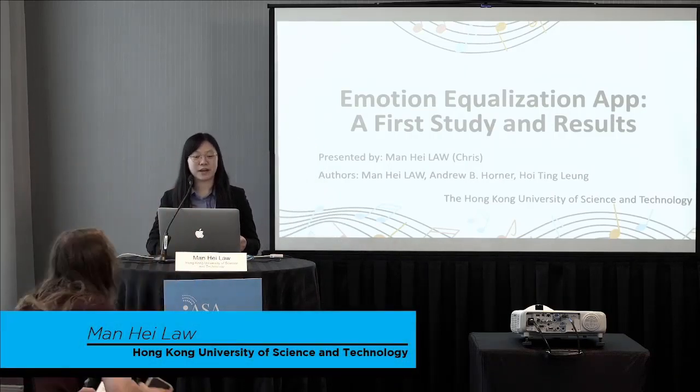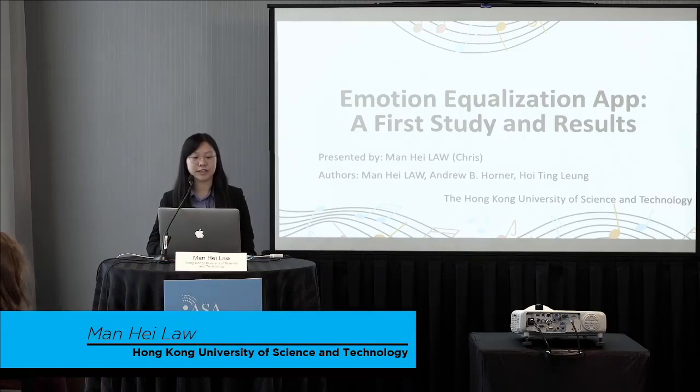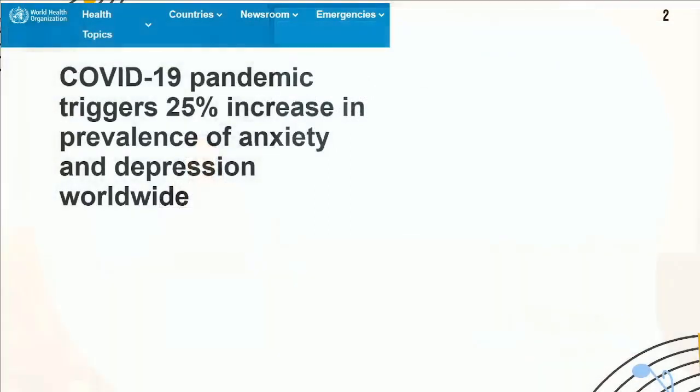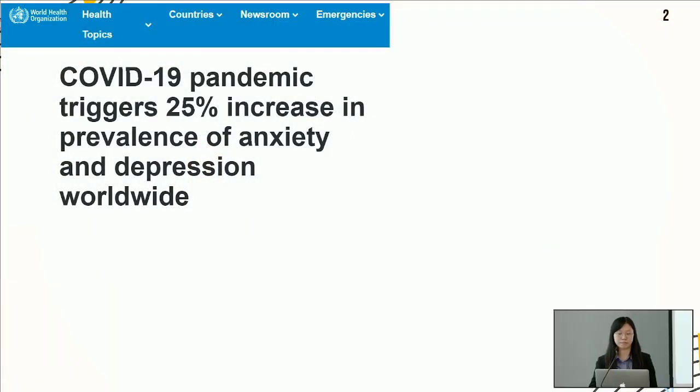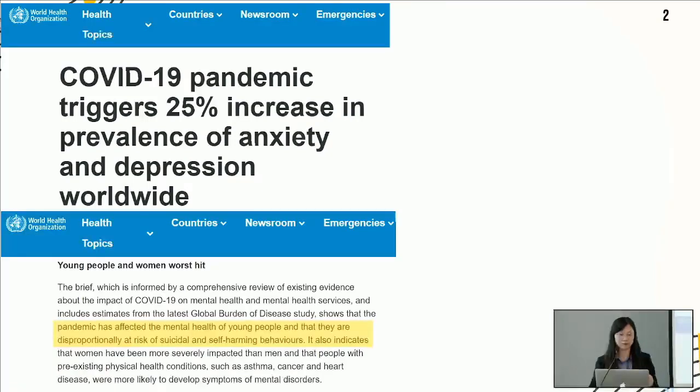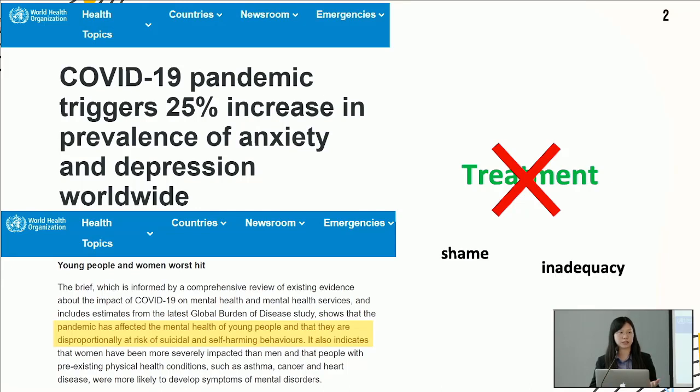Good morning. Today I'm happy to present the first study and result of Emotion Equalization app. It is about analyzing three proposed methods designed to achieve positive or focused emotion. Anxiety and depression are growing problems, especially under the COVID-19 pandemic. The impact of anxiety and depression affects people's mood, productivity, and even physical health. However, people typically refuse treatment for mental health issues because it brings feelings of shame, inadequacy, and distress. So what if we put away the ordinary face-to-face treatment and the medication and deliver a music treatment through a playlist? Will song selection move listener emotion?